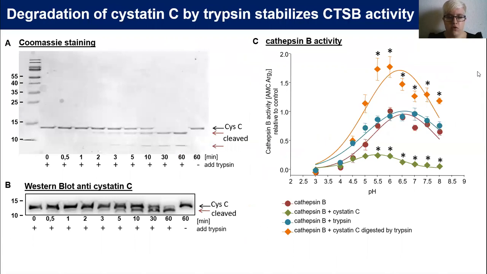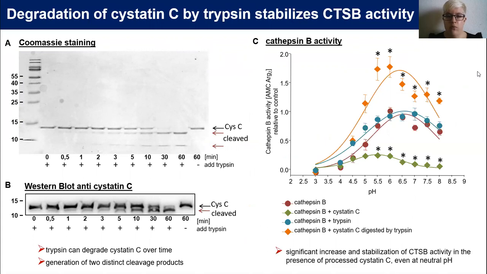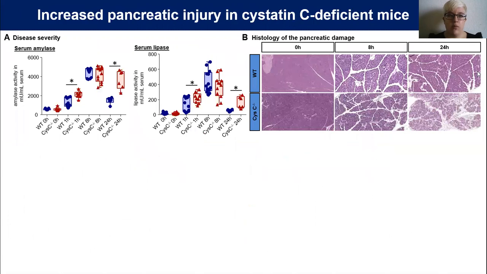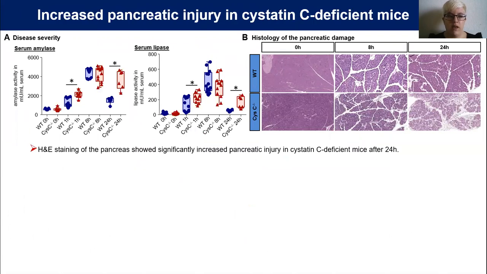For this, we could show in in vitro experiments that trypsin can degrade cystatin C over time, and there's a generation of 2 distinct cleavage products. Furthermore, we observed a significant increase in stabilization of the cathepsin B activity in the presence of processed cystatin C even at neutral pH. When we had a look at the pancreatic injury, we could show with HE staining as